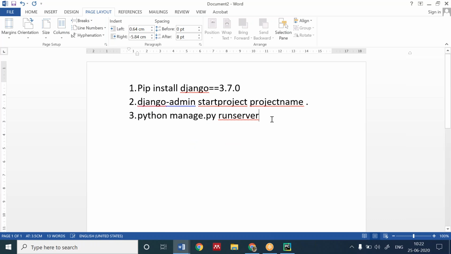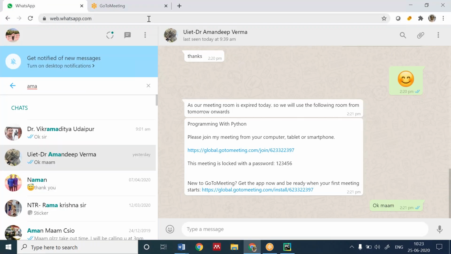Someone has answered: python manage.py runserver. In running the server, it's some syntax mistake in your directory. Create a new project and then try, Kalpana. It's an error in the directory. You can also check on the internet. You will get a directory error like this. Let me try to resolve the error.